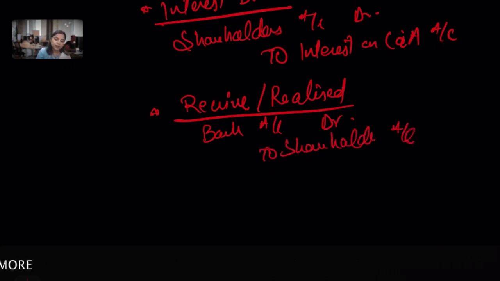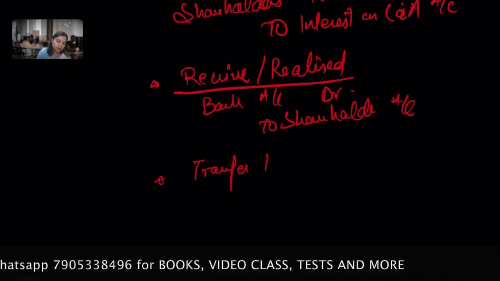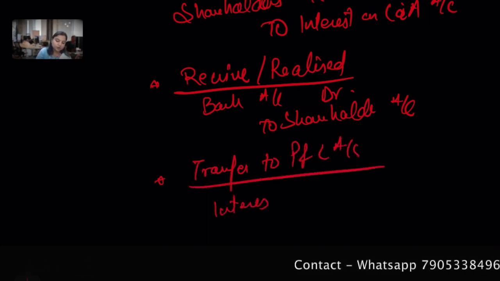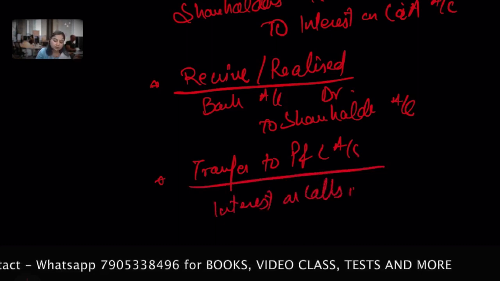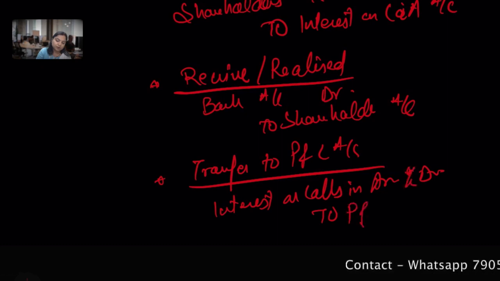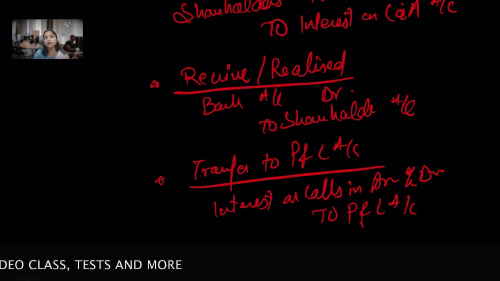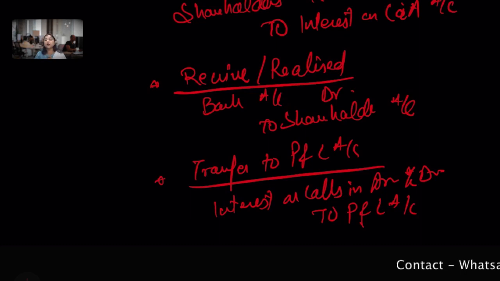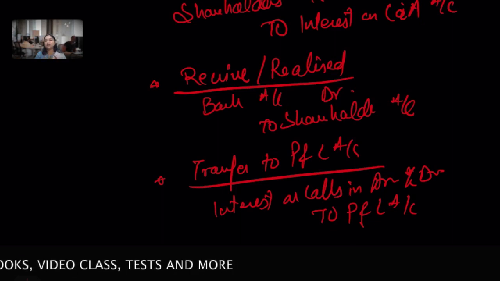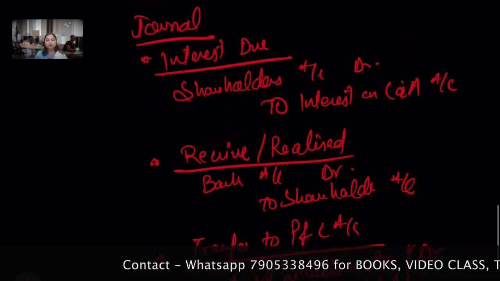Shareholder account. Okay, and now we are required to transfer this interest at the year end. So transfer to P&L account. So interest on calls and arrear account debit to P&L account. Okay, profit and loss statement or statement of profit and loss account. Why it's credited? Because it's on arrear from your part. You being a shareholder pay me the interest. For me it's an inflow, it's a part of credit. So interest on calls and arrear account debit to profit and loss account.